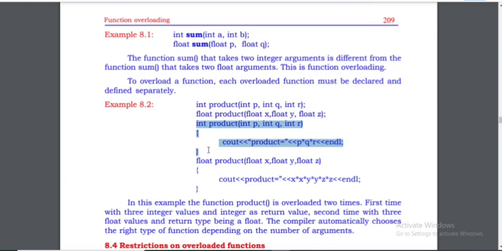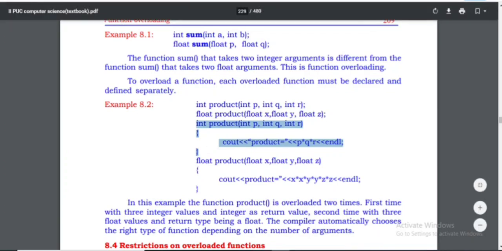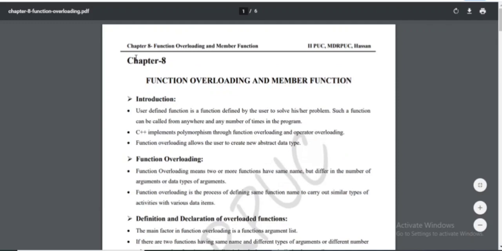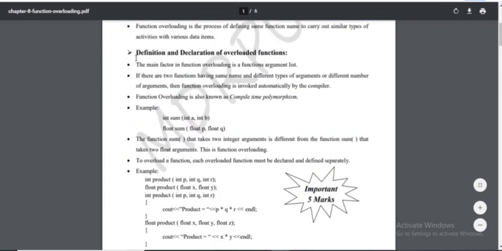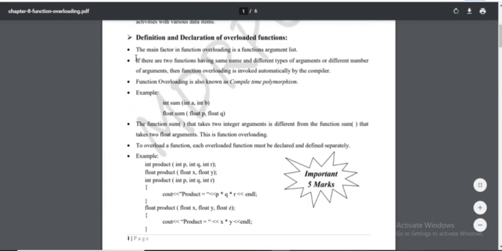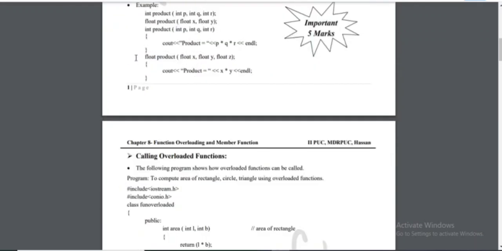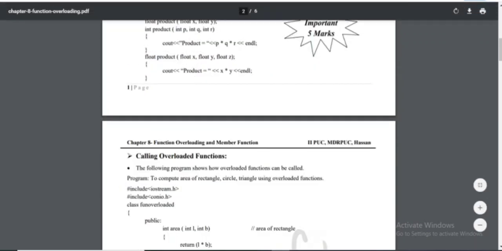Okay, so syntax ಏನು ಮಾಡಬೇಕು, so first you have to take the return type and then function name and you have to specify the number of arguments and data type. Okay,